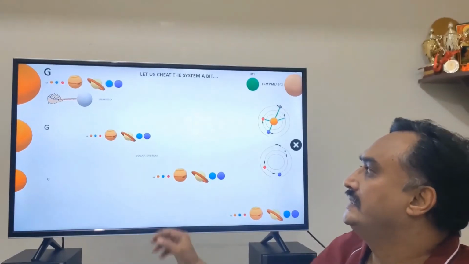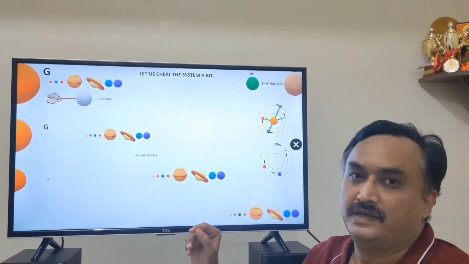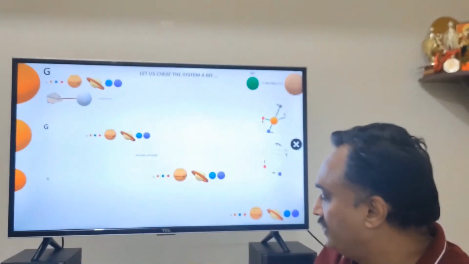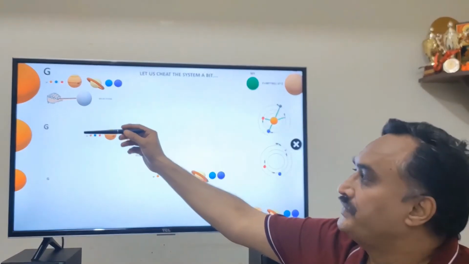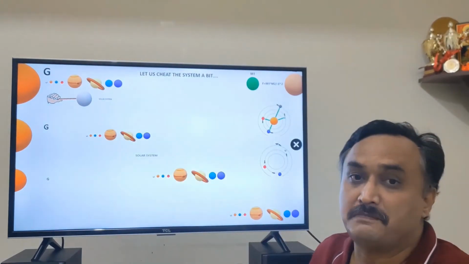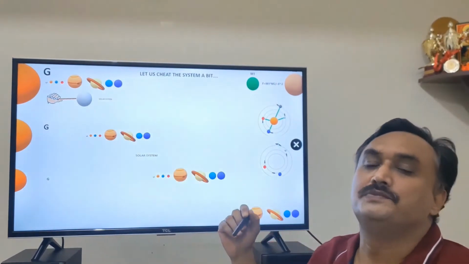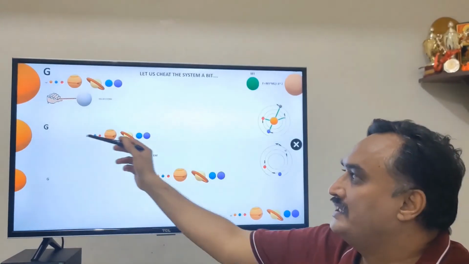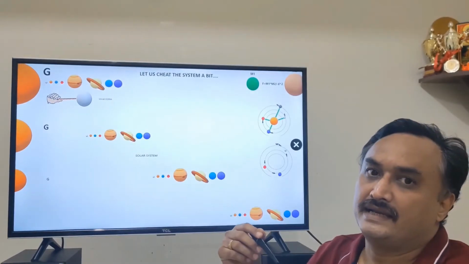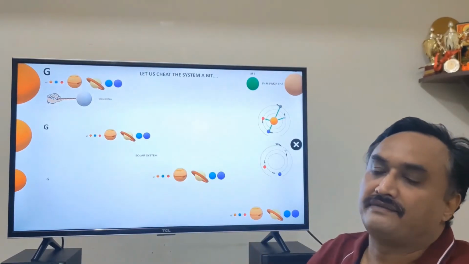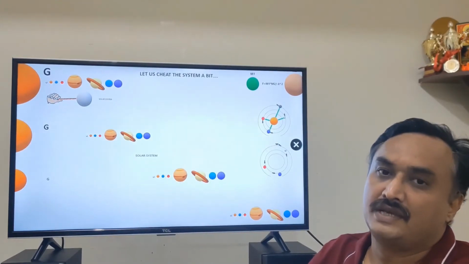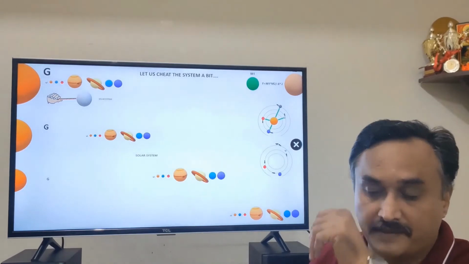Another possibility is that Jupiter becomes the new sun when you are reducing the size of the massive mass which is the sun. When the sun's mass becomes lesser than Jupiter's mass, Jupiter assumes the role of the sun and all these planets move around. But you should understand that Jupiter does not have the same influence as that of the sun. Sun is 1,000 times as big as all these planets put together.